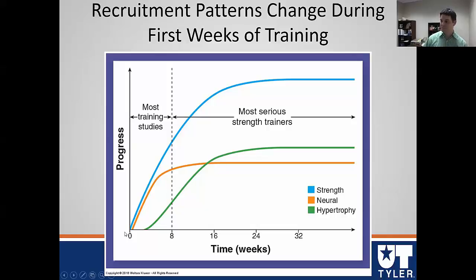We have 3 curves here, starting at week 0: hypertrophy, or the size of the muscle fibers, the neural component, and then the amount of strength this person is gaining as time goes along. What we can see is that early on, we see a really rapid increase